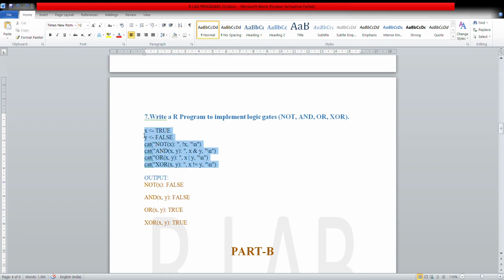As usual, I'm going to copy. As you can see, again not false, again false, true, true. Okay, since they are different values, that is why they are